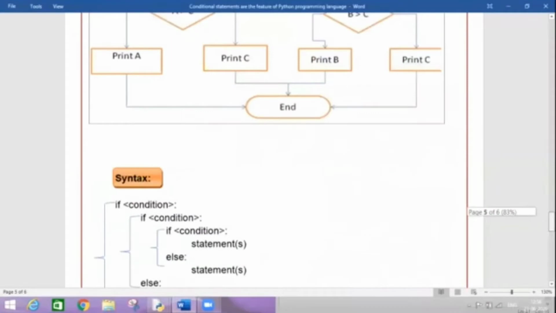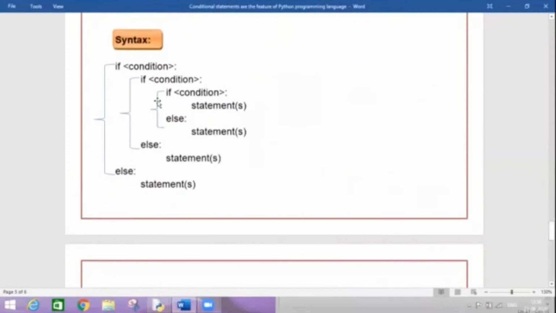The example which is written over here, this is my syntax. Please understand this. If else, and if else. That means if condition is there, if it is true, then again we are checking the condition. If it is true, then we are checking the condition. If it is true, we are executing the statement. But if it becomes false, then this block of the statement will be executed. And if this condition becomes false, then along with that, this block of the statement will be executed.